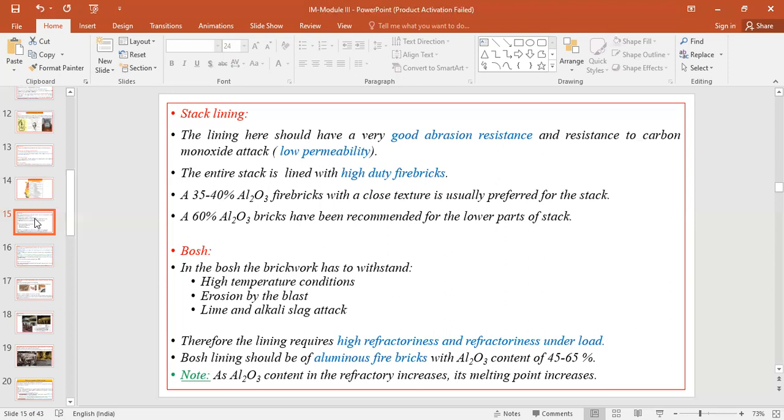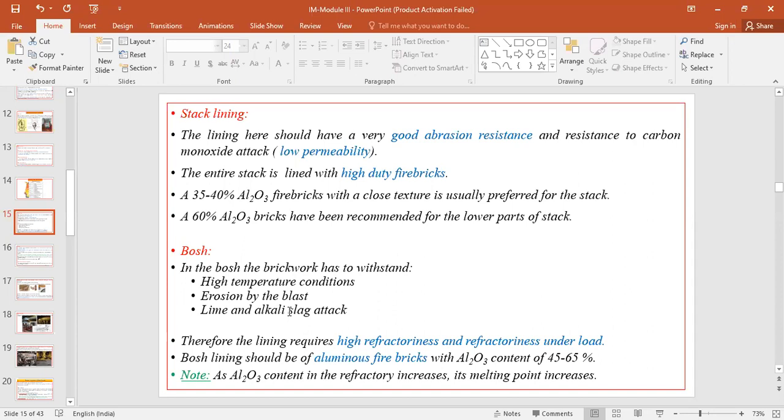So in the bosh part of the blast furnace, as we discussed just now, this is the area which should withstand the high temperatures as well as the erosion by the hot blast which is generating in front of the tuyeres, and then the lime and alkali slag attack. Okay, so this is the condition which is prevailing in the bosh part of the blast furnace. So to sustain this kind of environment, the linings require high refractoriness